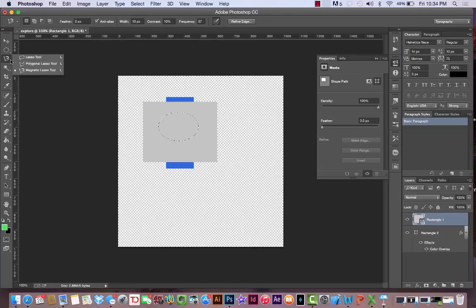Now, we're not going to be using any of the lasso tools really in this course, but we will be using the magic wand tool and the quick selection tool. And essentially, these are ways to get color. So if we were to use the magic wand tool and I wanted to get this entire gray section,